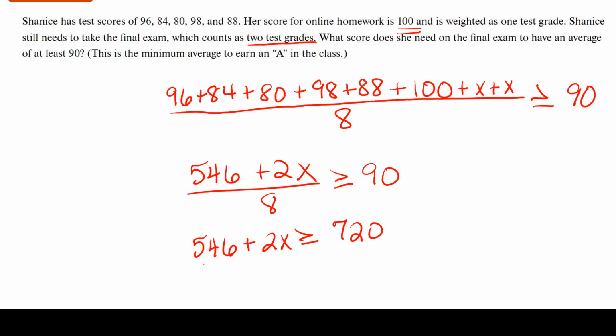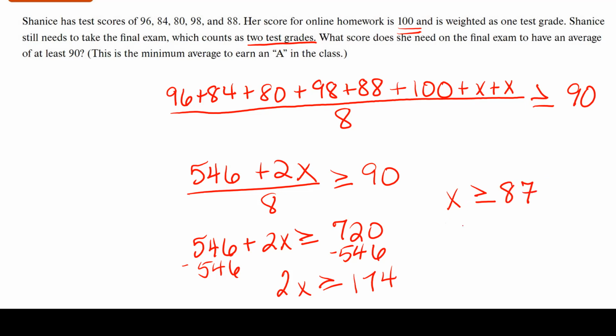If we subtract 546 on both sides, we're going to have 2x is greater than or equal to 174. And so if we divide both sides by 2, we're going to have x is greater than or equal to 87. So she's got to make an 87 at least on that final exam in order to make an A